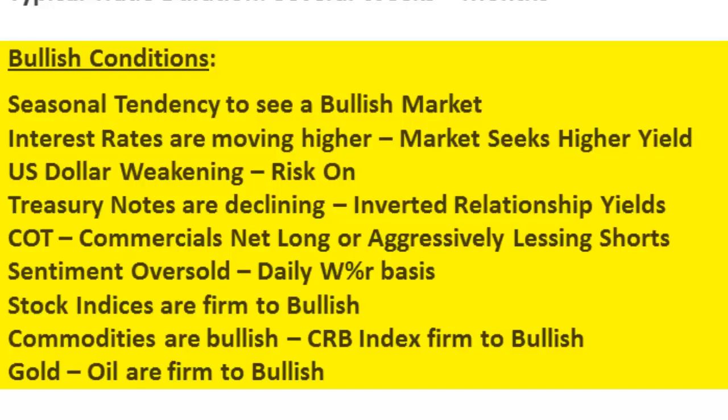Sentiment, obviously, on the daily chart should be oversold, and the way we're going to be determining that is we're going to be looking at a daily Williams percent R. Okay, so that's going to be our tool to more or less indicate to us whether the market sentiment is oversold or overbought. Okay, in this case, since we're looking for bullish conditions, ideally the sentiment should be oversold.